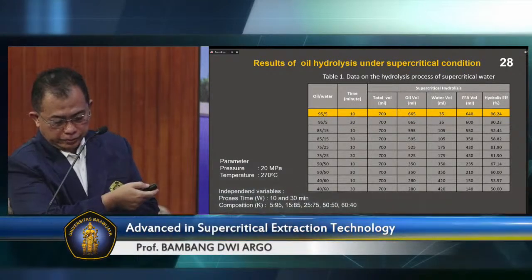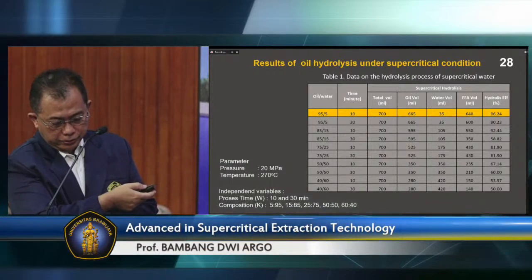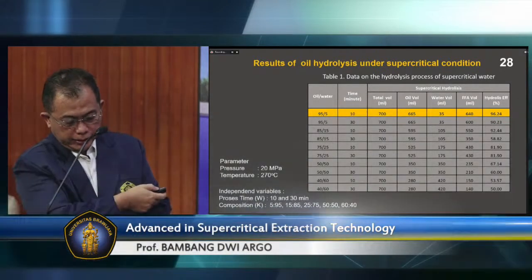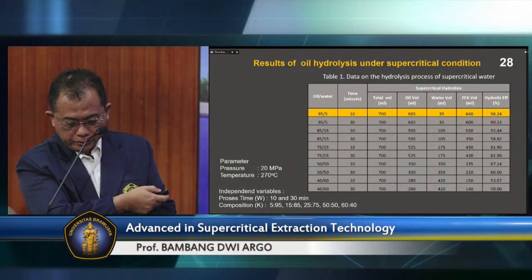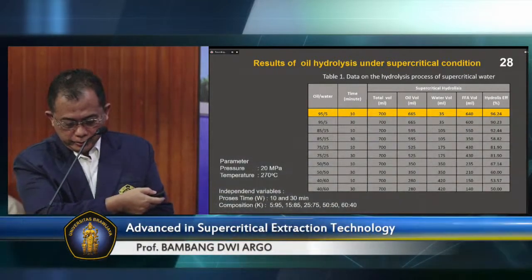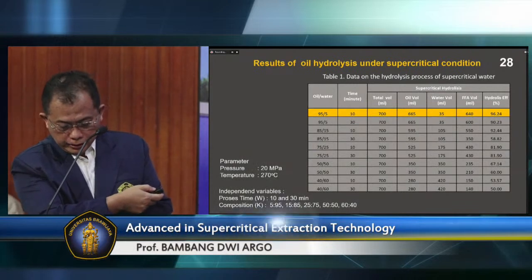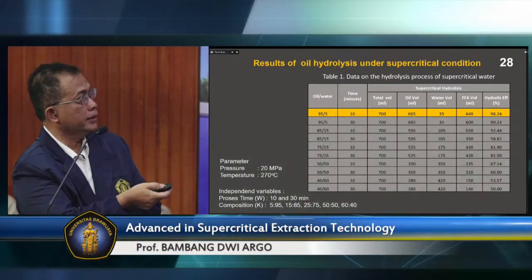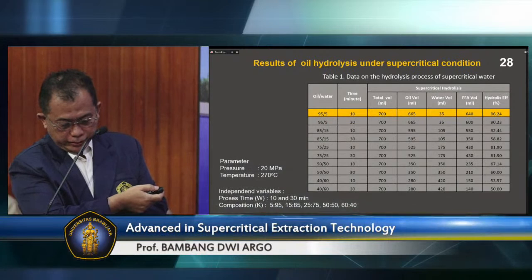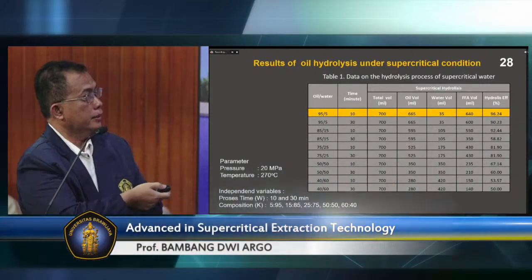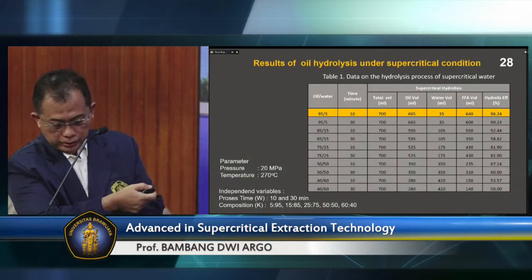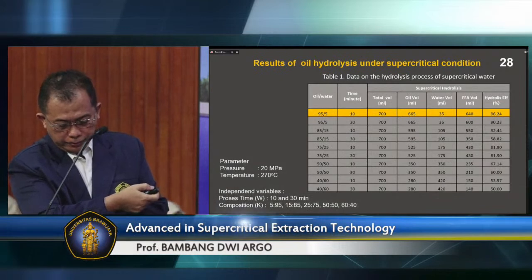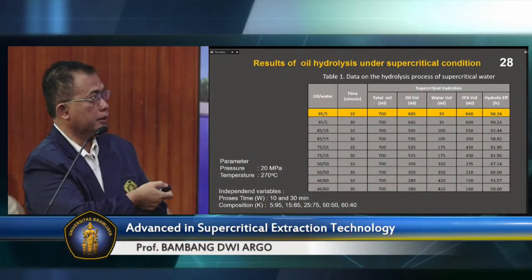These tables show the result of oil hydrolysis using a supercritical reactor. Oil hydrolysis test was carried out using 2 factors. The first factor is the variation of the ratio of oil and water, while the second factor is process time. The response variable observed was the volume of free fatty acid, and maximum hydrolysis takes place at ratio 95% oil and 5% water, and then hydrolysis efficiency ranges from 50 until 96.4%,